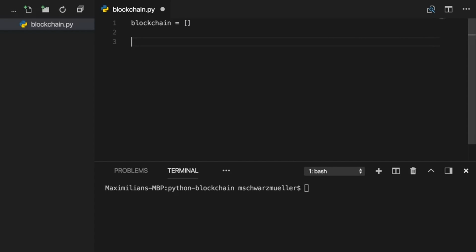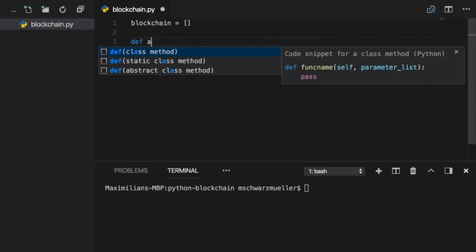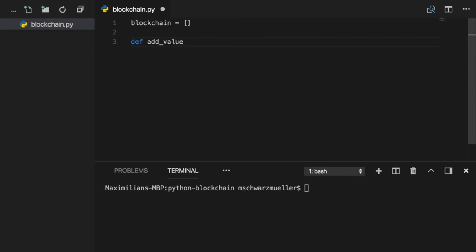And for that, we can use a function. So we define a function here, and I'll name it add_value. This again is that naming convention, which also applies to functions, where you write it entirely lowercase and you separate words with an underscore. Now important, when defining a function, you have to add a pair of parentheses and then a colon. And the nice thing is, you can already see the color coding here in Visual Studio Code. So that support for the keyword, which is marked blue, and your own name, which is yellow.